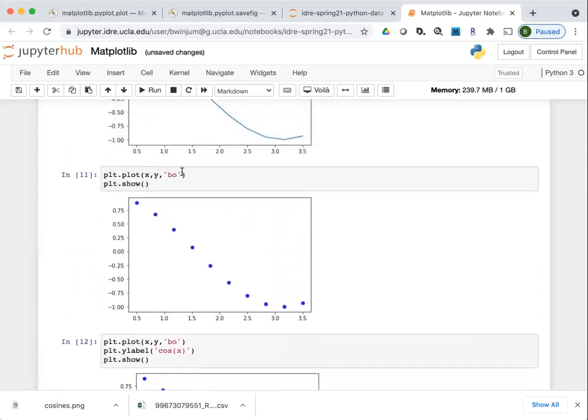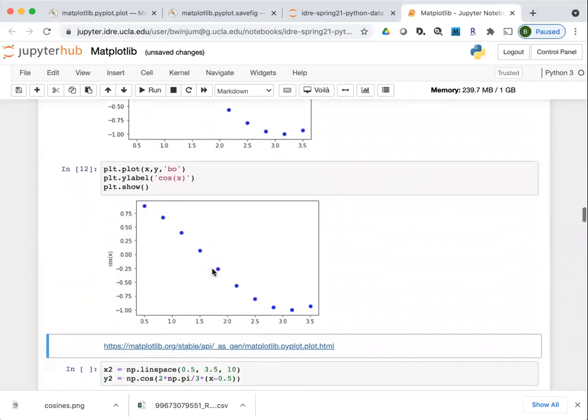In addition to passing parameters into the actual plot method, passing in those parameters changes the aesthetic elements that are representations of the points that you're plotting. There are other things on the graphic besides the representation of the data, one of which in this case is the y label.